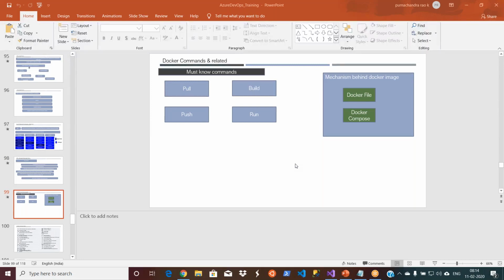Okay, how do you create an image from your source code? You need to have a file called Dockerfile, and that Dockerfile contains all the instructions that are required to create a Docker image. So what is a Docker image? As I told you, a Docker image contains all the prerequisites for your application to run. If it is a .NET application, it will have the .NET runtime or framework, I would say, and then you will have your IaaS, and then you will have some file system, because the code should be saved somewhere, and then you need some lightweight operating system. So these are all the prerequisites for your application to run.